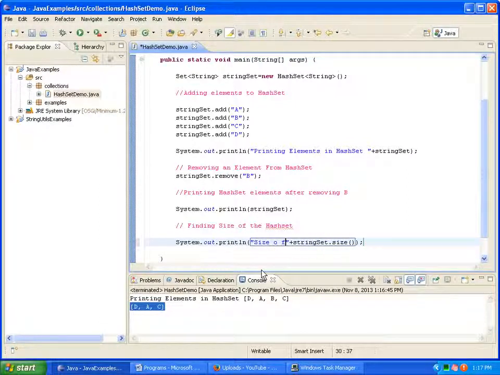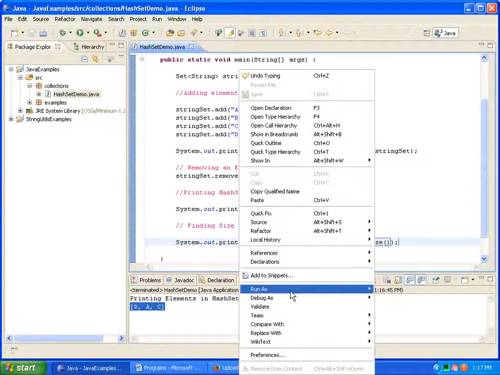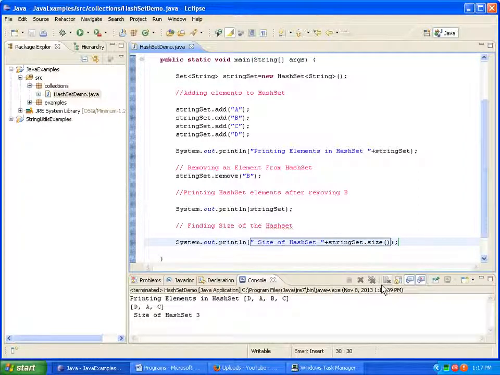Size of hash set. So the size of the hash set is 3. We have 3 elements in the hash set, that is D, A, C.